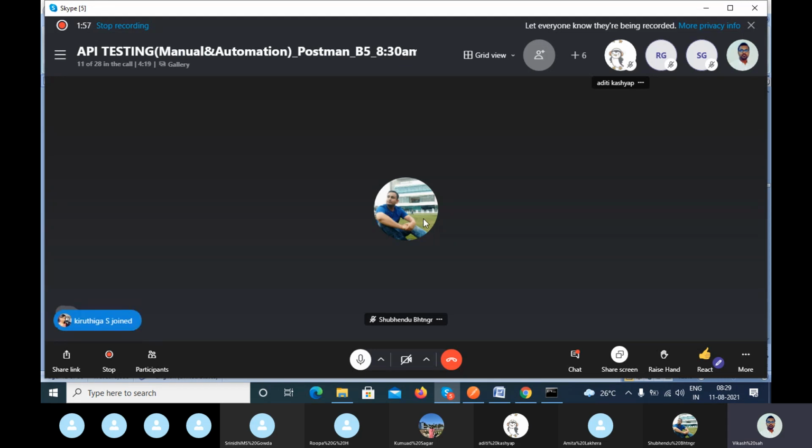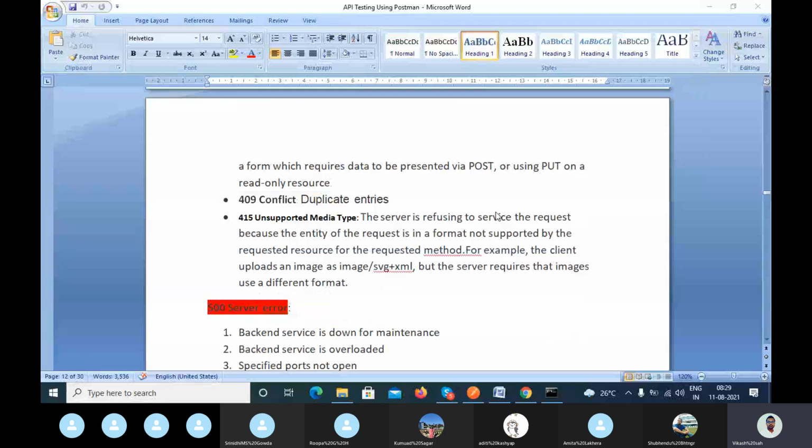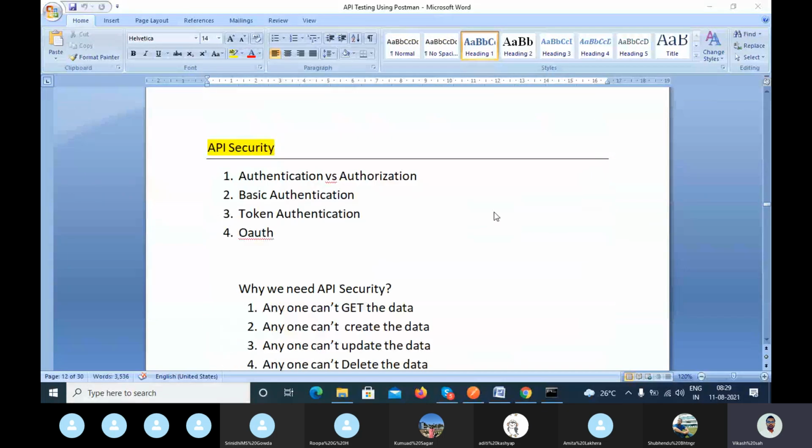If you go down to the document, here you can see authentication and authorization. That comes under API security, because it is security related. So guys, tell me, how is your bank account secure?